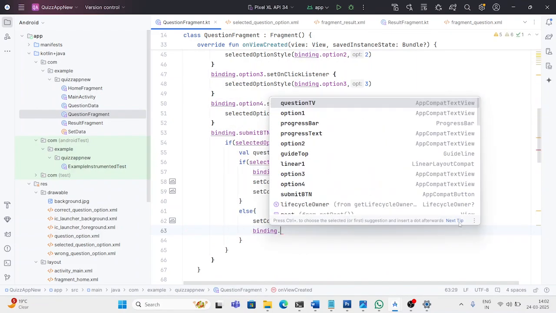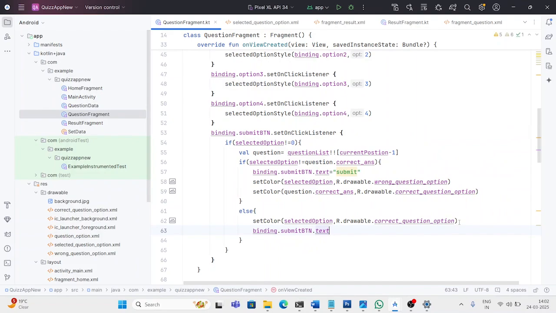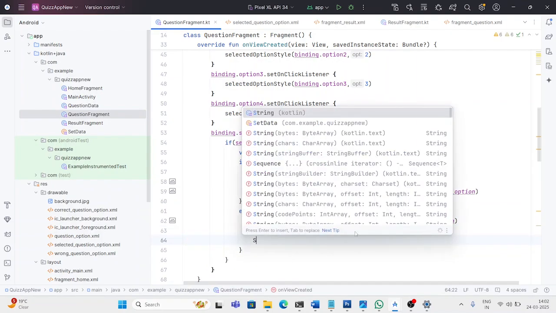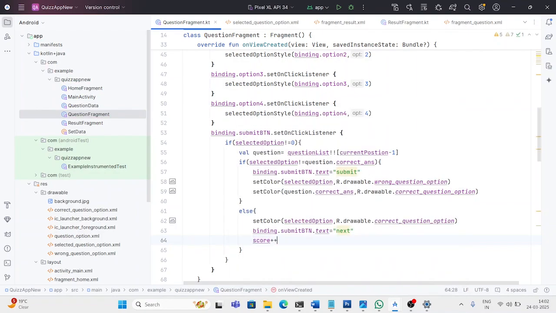binding.submitButton.text, and here I will pass the next, and I will increase the score. Similarly, increment the score to one. When the user answers the correct answer, I need to update the score similarly,